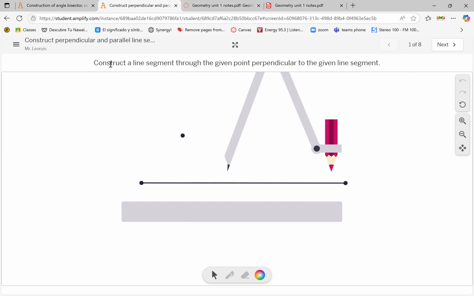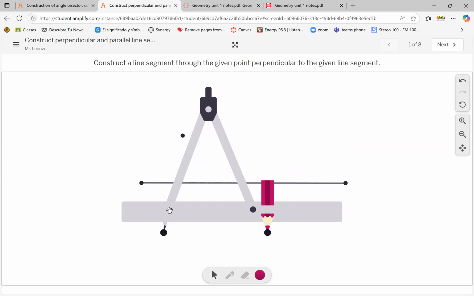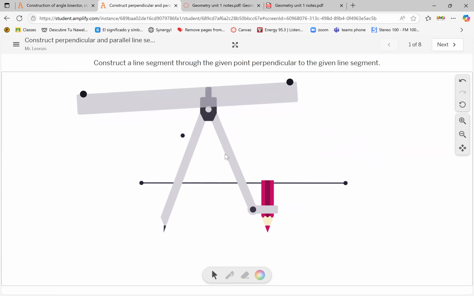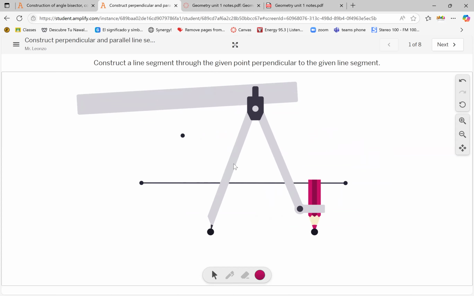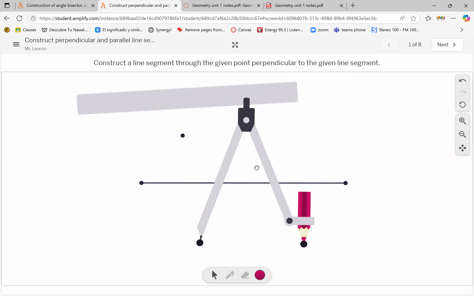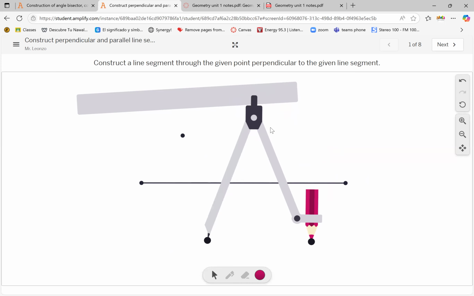So for the first one, construct a line segment through the given point perpendicular to the given line segment. Okay, perpendicular, so 90 degrees. So I want a line that goes through this point and crosses the other one at 90 degrees. As a reminder of what we did on the previous assignment, I can drag my ruler, my straight edge, using these points, and I can move it along. My compass, as long as I grab the sides, so either this side or this other side, I can move my compass around. If I use the top,